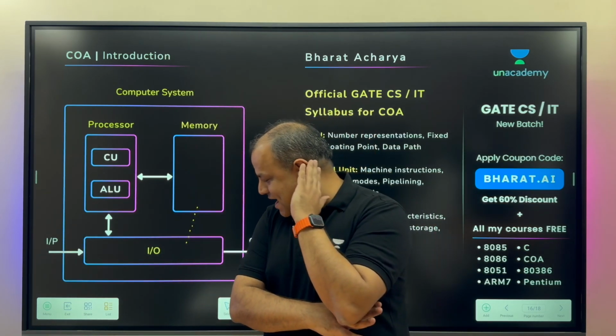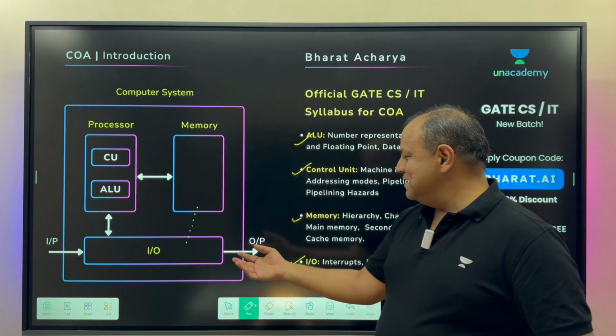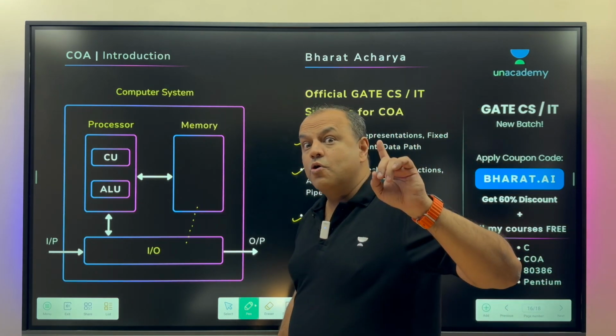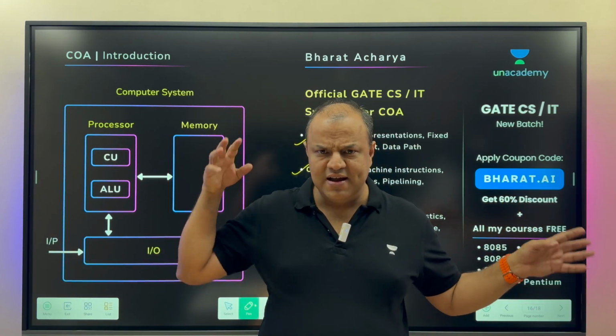Instead, the processor says, I will not check anyone. You interrupt me whenever you require service. So devices interrupt the processor. So in the I/O section, we learn... I/O section is very big when you learn from college point of view. Then you learn everything about polling, synchronous, async data, and so many things.